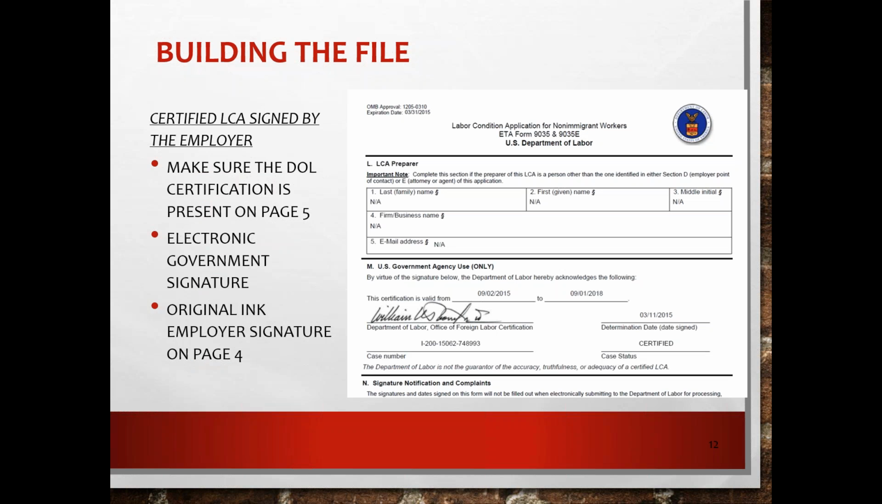Piece number 1 of our public access file is going to be that certified LCA signed by the employer. One common mistake that is made is that an uncertified LCA is signed and then placed in the file. And that would be incorrect. You want to make sure that the one that you sign is the certified version, and the way you make sure that's the case is that you go to page 5 of 5, and you'll see there at M,